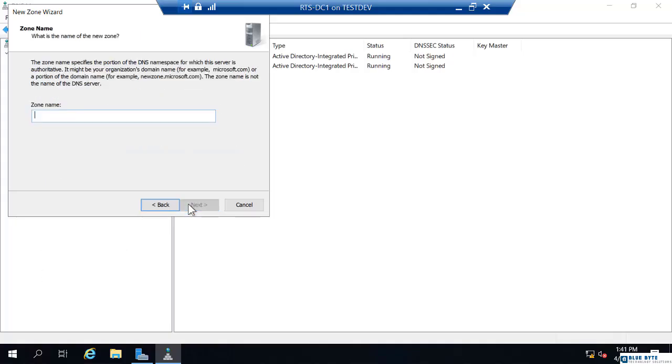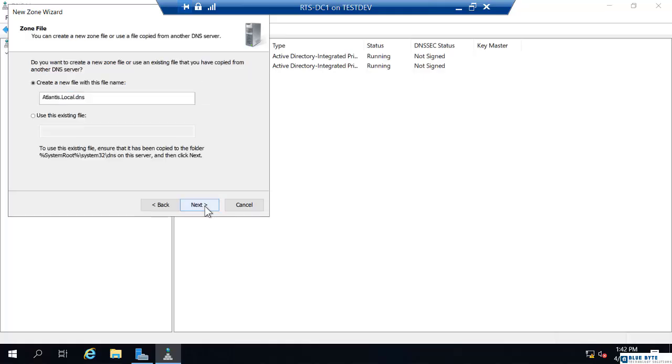Now it says, what do you want to name the zone? I'm going to name this Atlantis.local. No reason I chose that name, I just like the name Atlantis, but it needs to be in that format. Name.extension. I'm going to choose Next. Now it says it's going to create a new file with this name. Now, where that file goes,